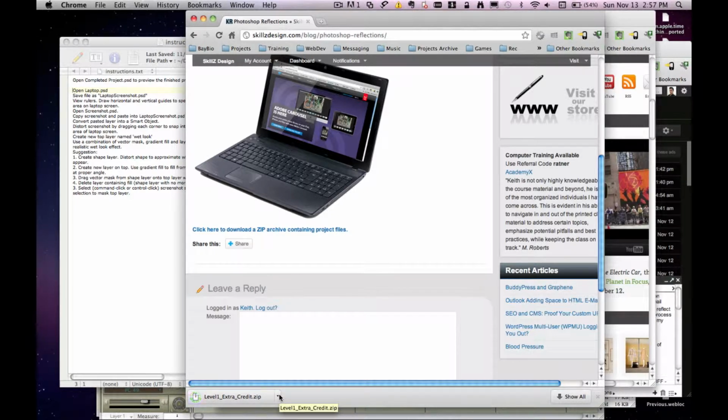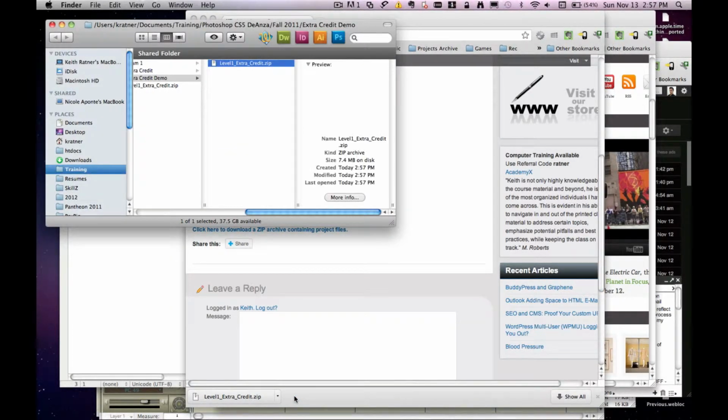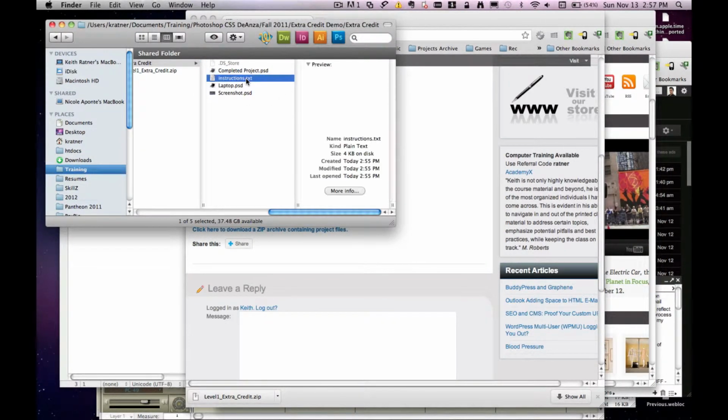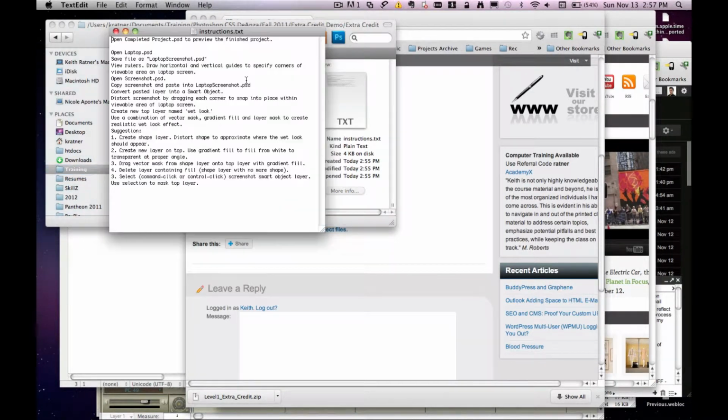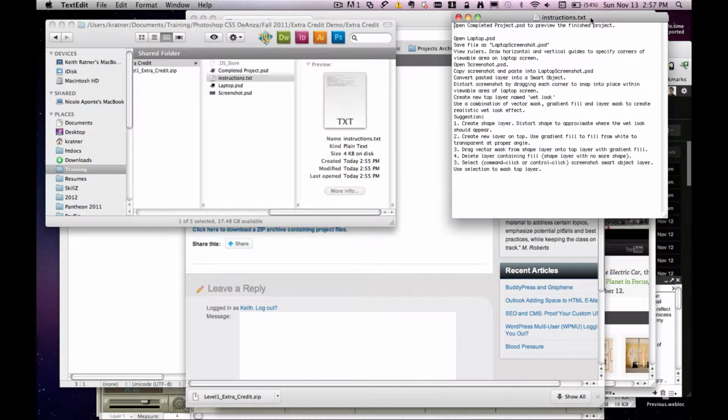I am going to show it in the Finder. There's the zip file. I'm going to unarchive that. And there's the extra credit folder with the files inside. Open up the instructions text file. Up top, it's telling you to open